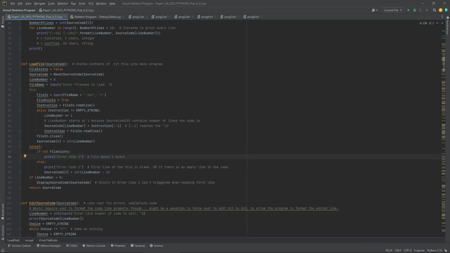If not file exists. Now, if there's an error here in opening the file name, then this does not happen. So file exists is remaining as false, as shown here. So if not false, if true, error code 1, the file doesn't exist. But if the file does exist, there's an error with reading the file. So error code 2,